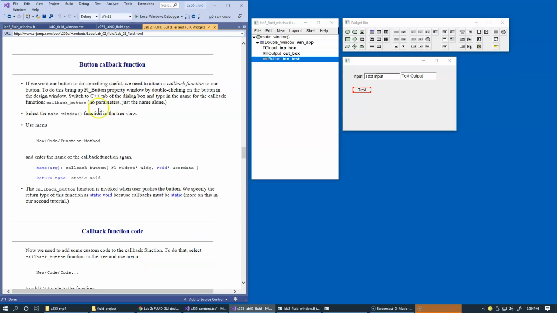So as it's describing in our lab handout, if we want our button to do something useful, we need to attach a callback button to our button widget. Just follow this set of steps. First, make sure that you select make window function. Then we'll copy and paste these definitions from our handout